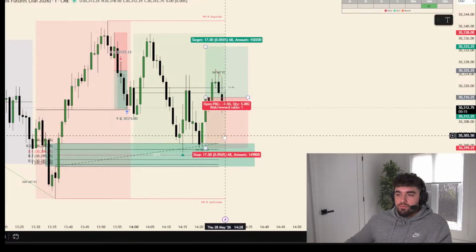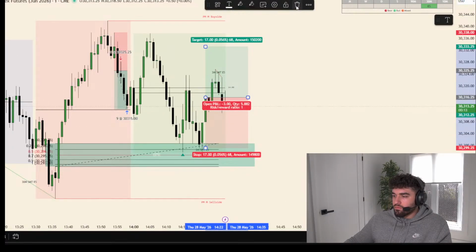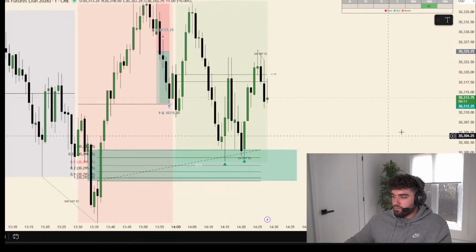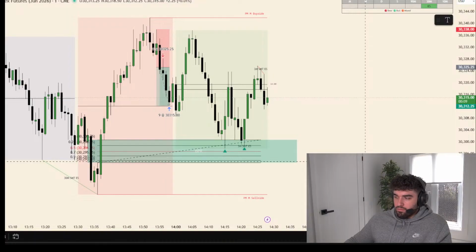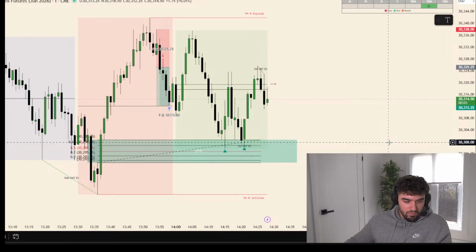Well, this is still a valid long with a stop out of around 302. So if you're targeting 33, that's 20 points with a 10-point stop. It's a 2-to-1 right here, and it's an 80% trade. Right now it's an 80% trade with a 2-to-1. We're playing ping pong with 2 o'clock open.